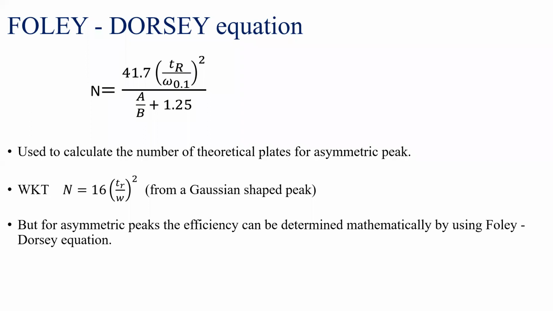So we know that n is equal to 16 TR square divided by W square is the formula we usually use to calculate the number of theoretical plates for a Gaussian shaped peak. But for an asymmetric peak, the efficiency can be determined mathematically by using